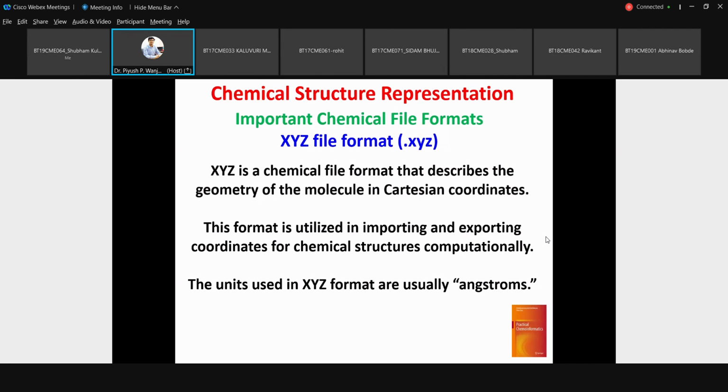Then there are other file formats. As we started with SMILES, the second file format you can consider is the XYZ file format. After SMILES, this is the simplest file format. As it is the simplest, it only has the Cartesian coordinates. It will only specify the atom names and the Cartesian coordinates. That is simply why the name is XYZ. So all the units